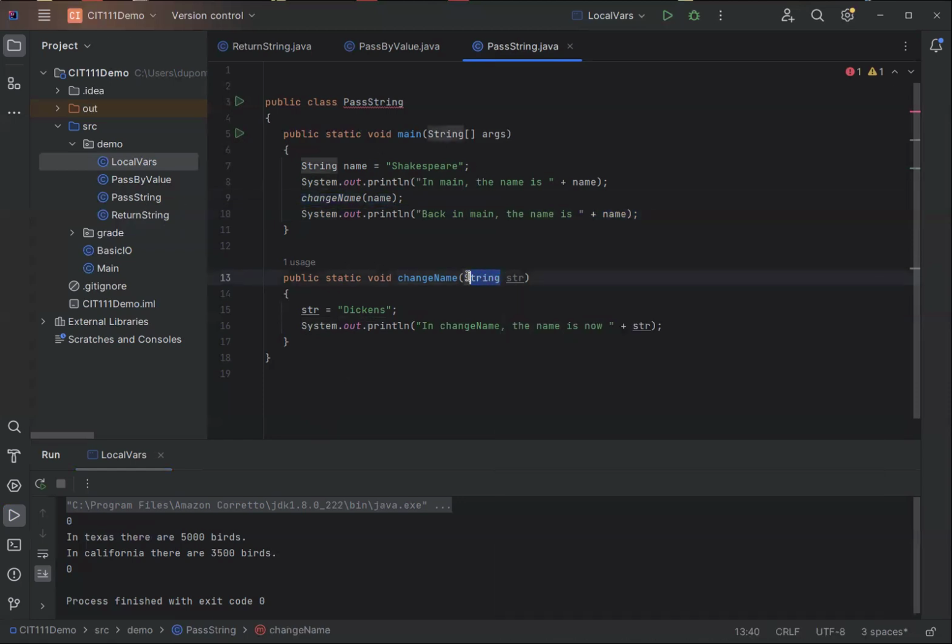Notice that this is also the first parameter that was accepting a string. And a string is a more complicated data type. Okay, a string is a class or object-based data type, as opposed to things like floats, doubles, integers, which are all considered primitives. All right, so if I run pass string,